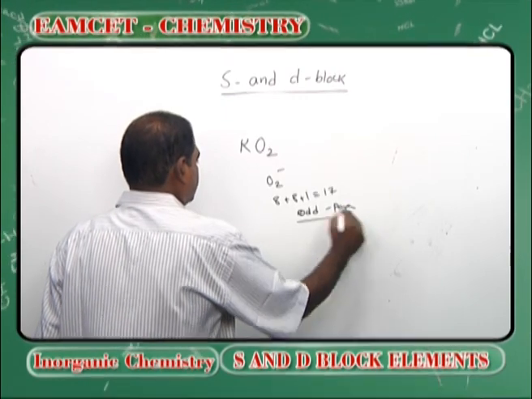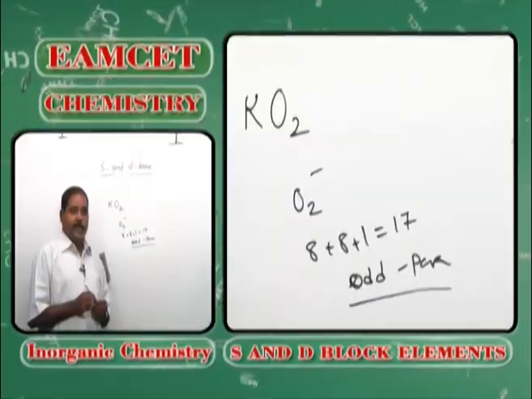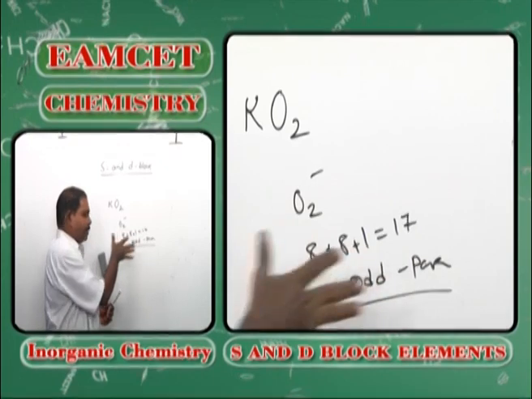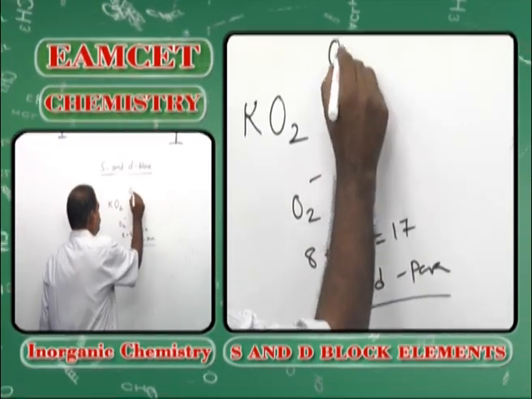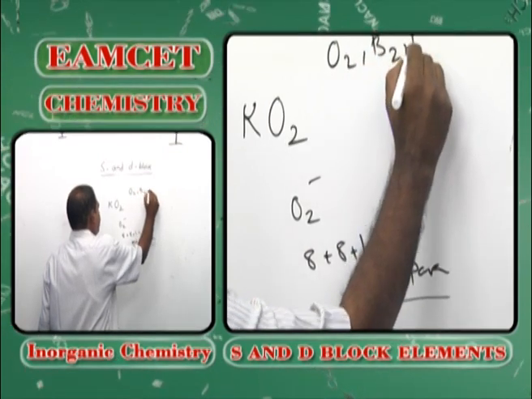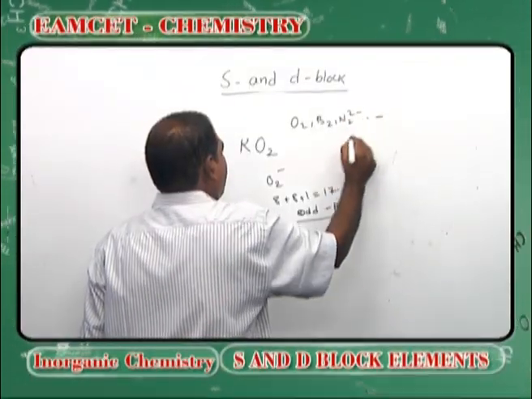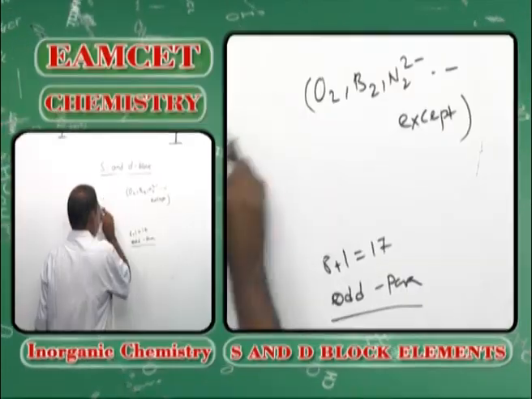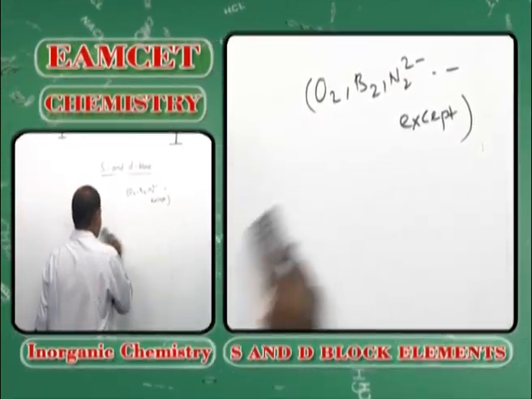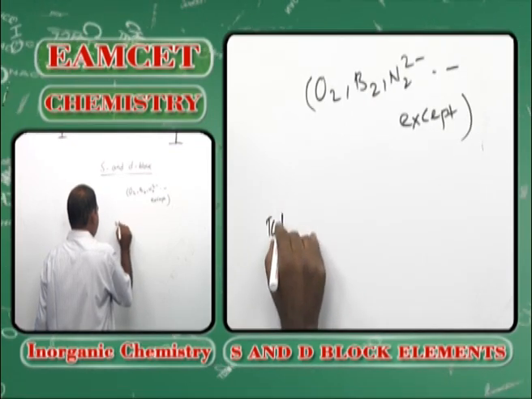You remember that? Total number of electrons, odd number, it is paramagnetic. Even number, it is diamagnetic. I told you O2, B2, N2 2 minus are exceptions. If you forget these three, total number of electrons,